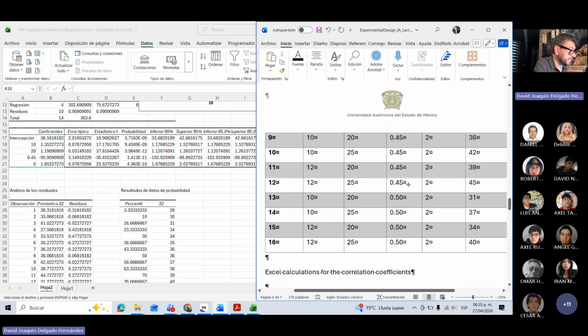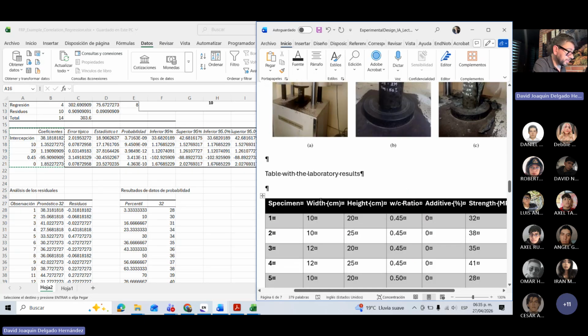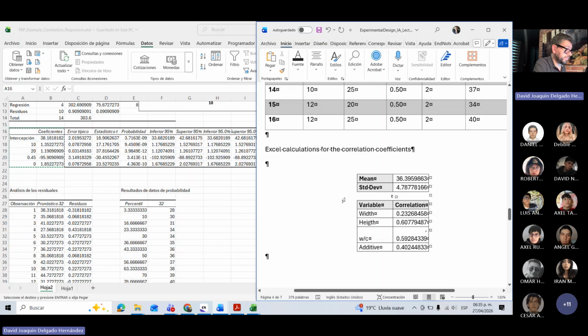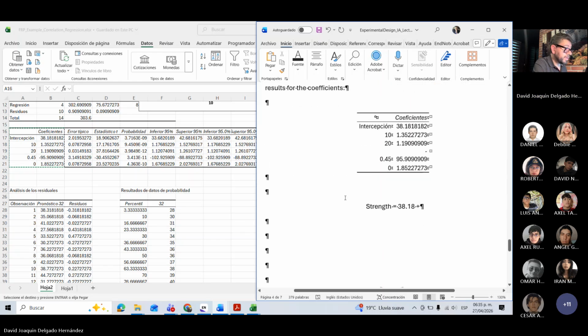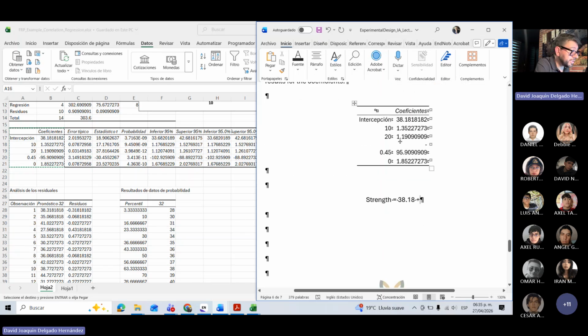Do you remember? This 10 corresponds to the width. So the coefficient is 1.35. So plus 1.35. I am going just to use two decimal values, okay? The width